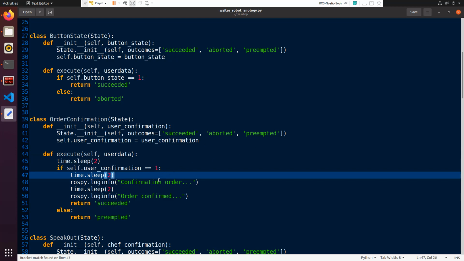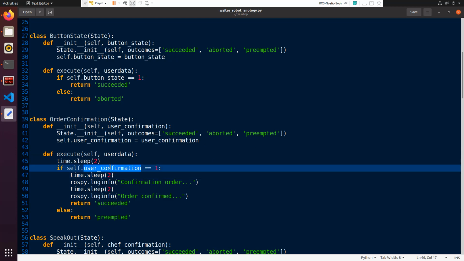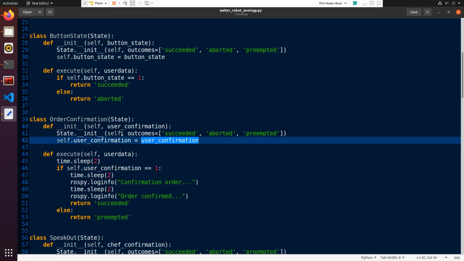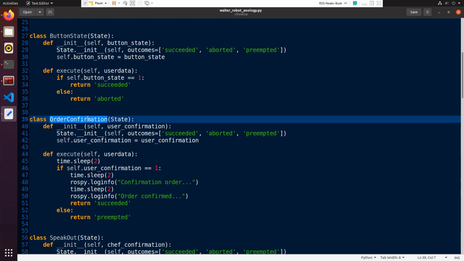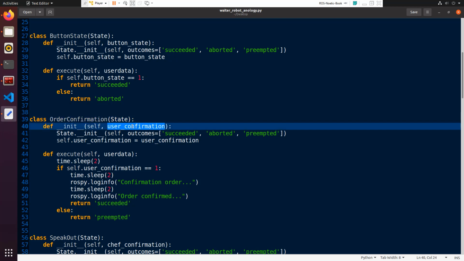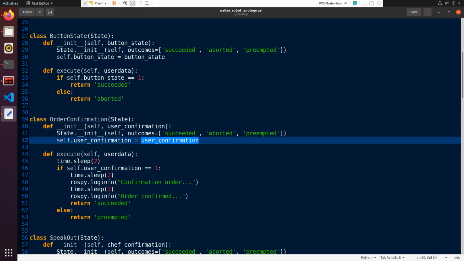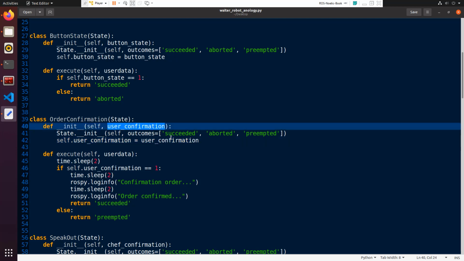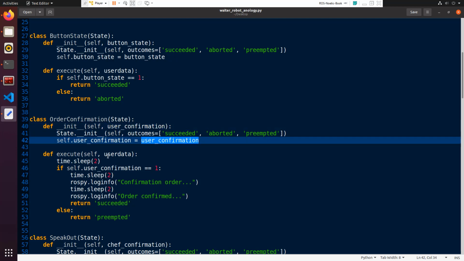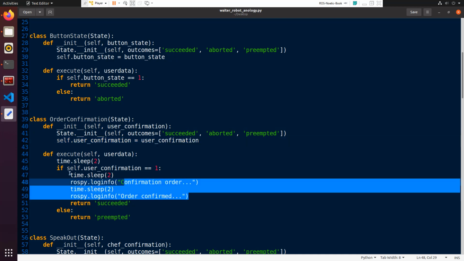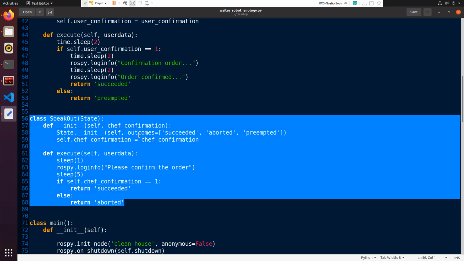Okay, so you can see here, if the user confirmation is 1, meaning if the button state is actually successful, it will come to order confirmation, and that is what we are getting. This will actually be 1. Okay, user confirmation, and if the user confirmation is 1, then it will print confirmation of the order succeeding, and this is the speak out